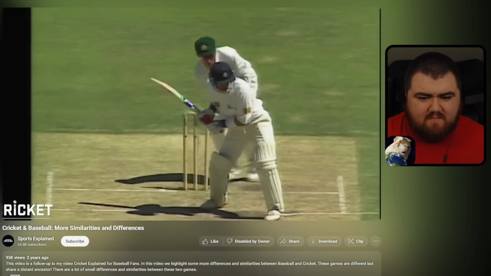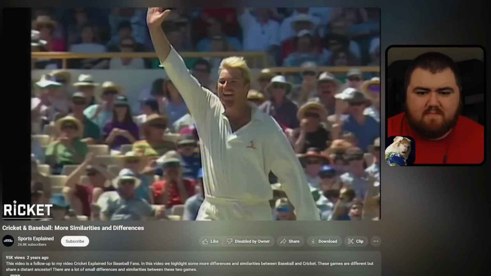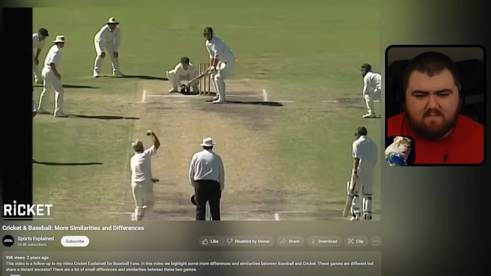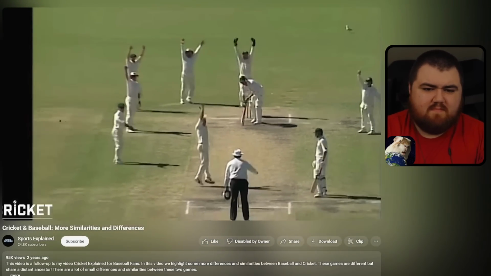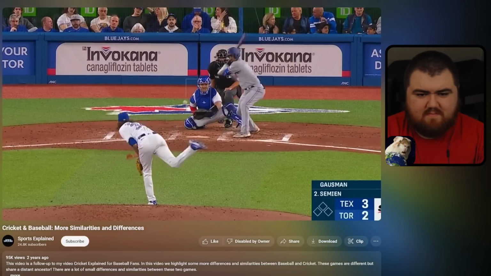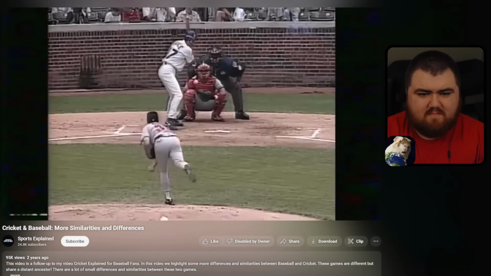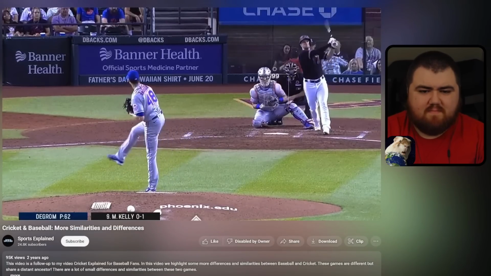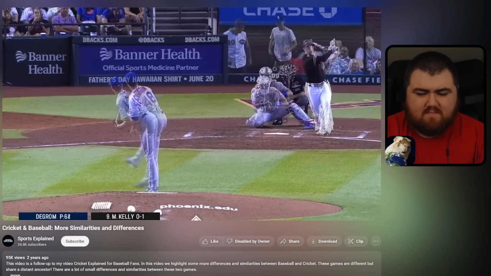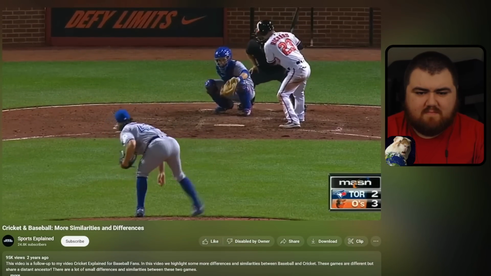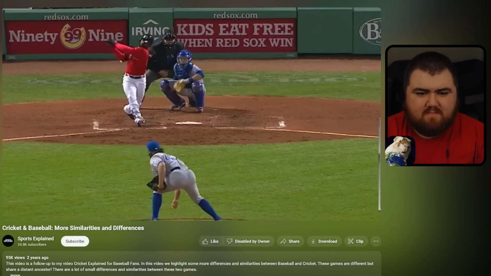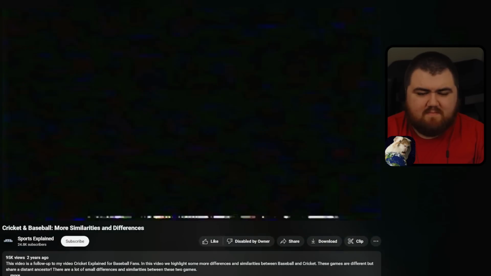is that cricket bowlers tend to be identified or classified based on the type of bowling that they do. There are two broad categories. You have fast bowlers and spin bowlers, and within those categories, you have bowlers who are identified with one sub-style of bowling. In baseball, it's not uncommon for a pitcher to have a signature pitch or a signature sequence of pitches, but these are generally seen as just one part of a wider pitching arsenal. It's rare for a baseball pitcher to be identified primarily by the type of pitch that they throw. Knuckleballers are the one exception I can think of right now. Like R.A. Dickey, you would call him a knuckleballer before you'd call him anything else.